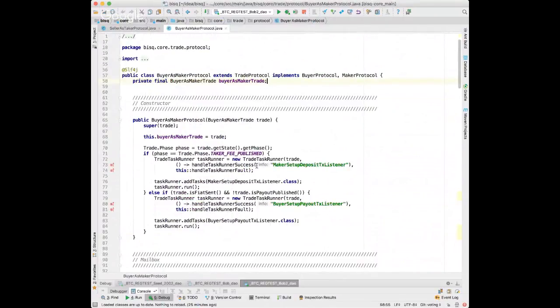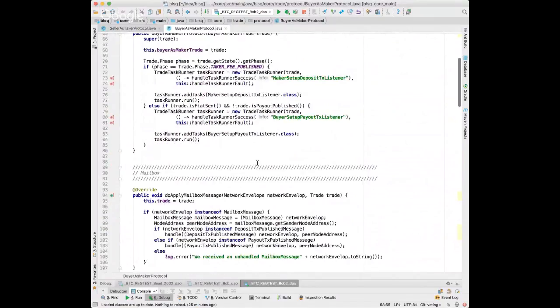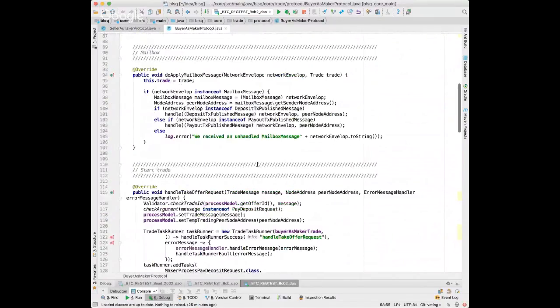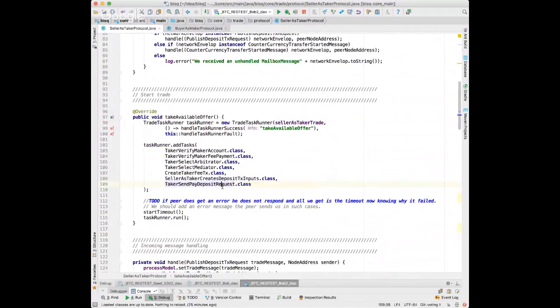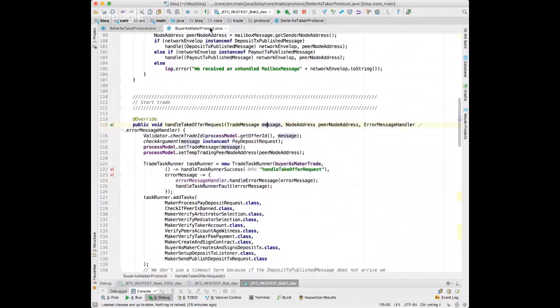Let's go to the next step. The buyer is maker, so the peer in this trade. He is listening on incoming messages, and when he receives this message, pay deposit request, which is what we have sent in the last task,